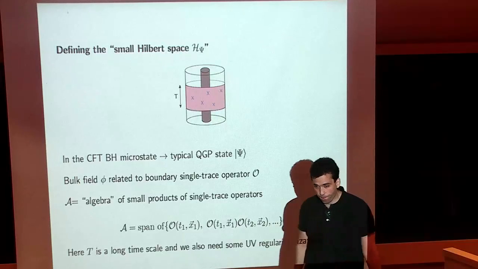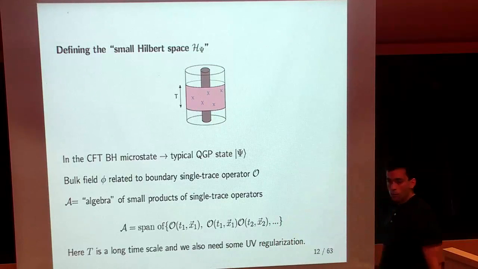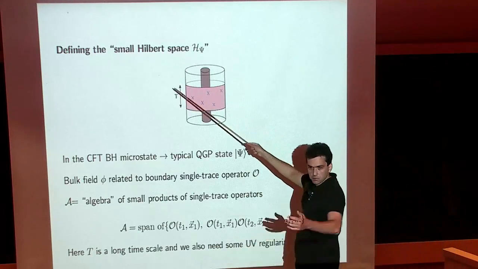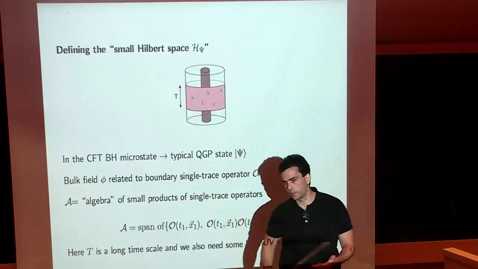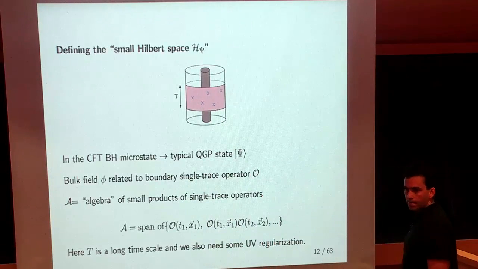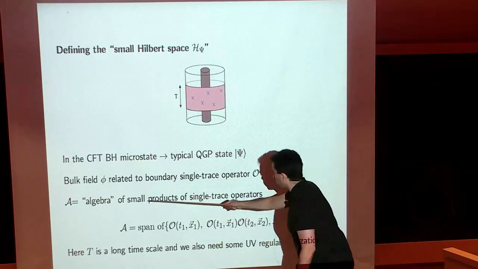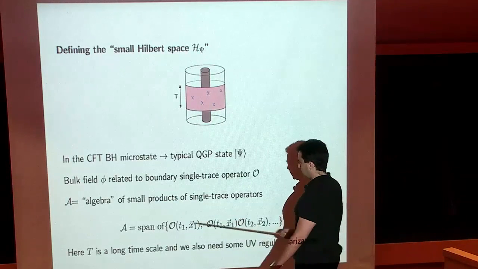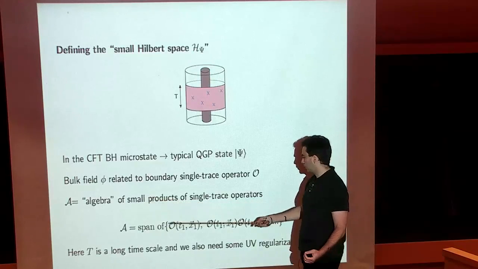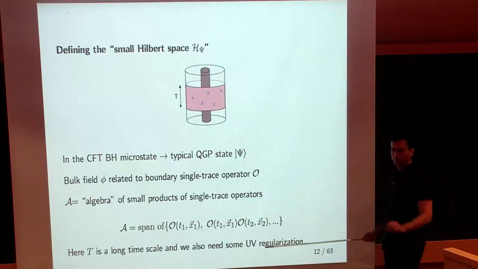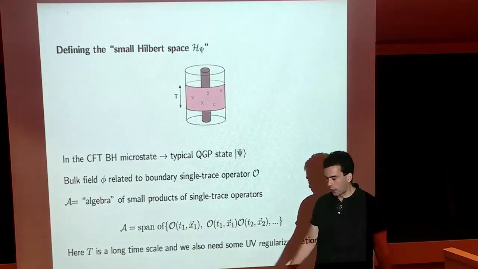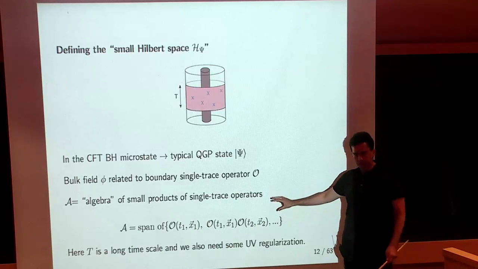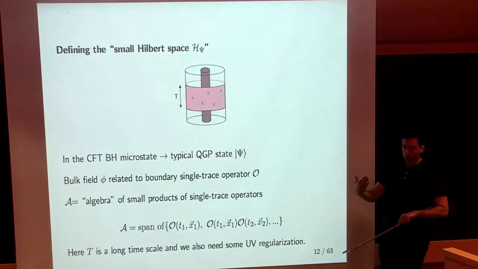Normally, if you take a slice, so this red band there, that's a time slice, right? This T can be, let's say, it can scale with n. But why don't you generate the algebra of all operators? Yeah, because I'm talking about small products. They are single trace, and I'm considering small products. By small, I mean that the number of factors does not scale with n. Yeah, actually, I will come back to this point later in my talk and explain in more detail. But roughly speaking, the number of factors in the product does not scale with n.